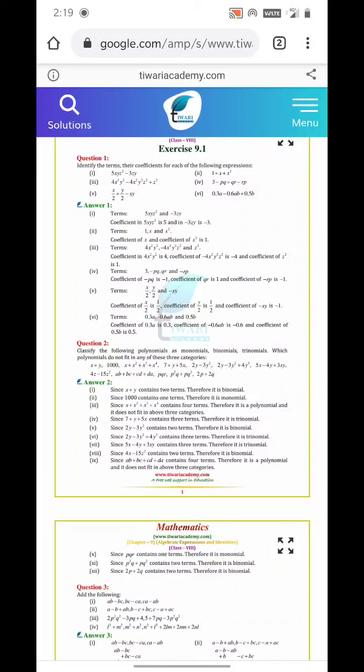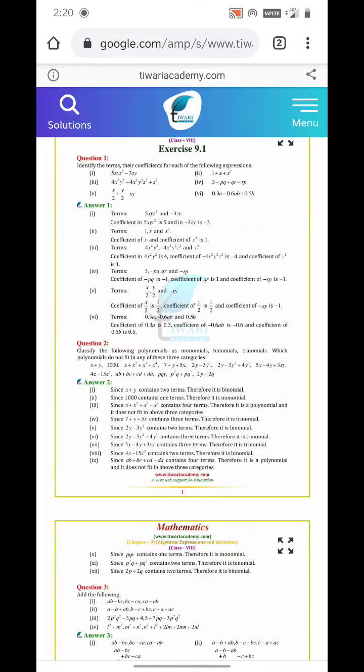So there are 3 terms. This is what I have told you. The first one is 1. Is it a term? According to the definition, what is a term? A term consists of a variable and a constant, but here we have just a constant. They have not written any variable. It is understood that we can have x raised to power 0, and that will turn out to be 1. So 1 is the first term, then the second term is x and then x square.